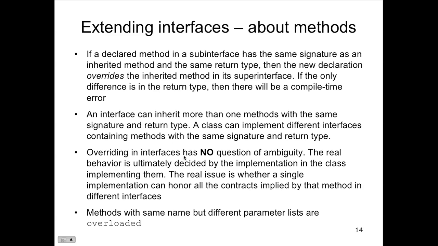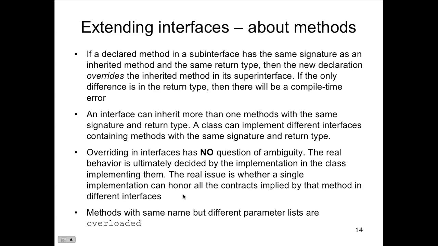Overriding in interfaces has no question of ambiguity. The real behavior is ultimately decided by the implementation of the class implementing them, which is kind of interesting. So the real issue is whether or not a single implementation can honor all of the contracts implied by the methods in the different interfaces. And methods with the same name but different parameter lists are overloaded. So it's really,